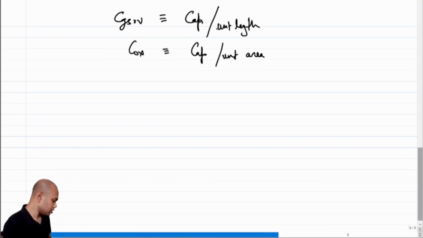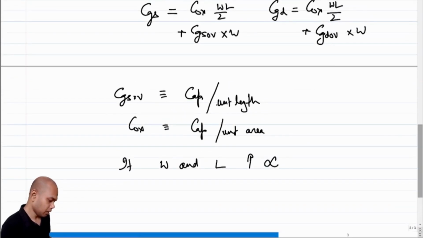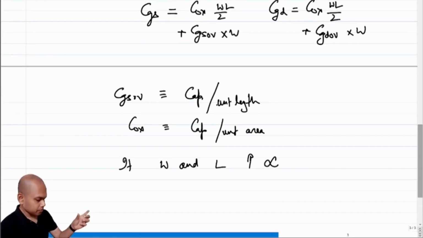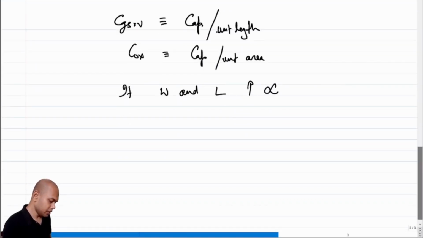This is critical because we need to know this, because for some reason, let's say we double both the width and the length of the transistor, right? So if W and L increase by, let's say, alpha times, then what will happen to CGS cap? What will happen to CGS? So in this case, CGS will increase by approximately by